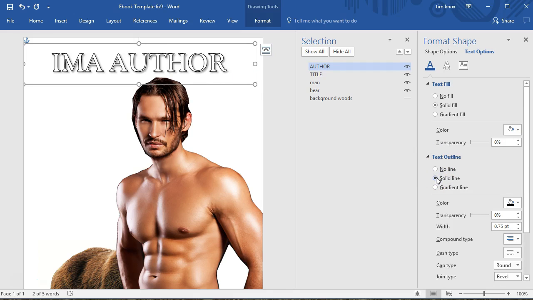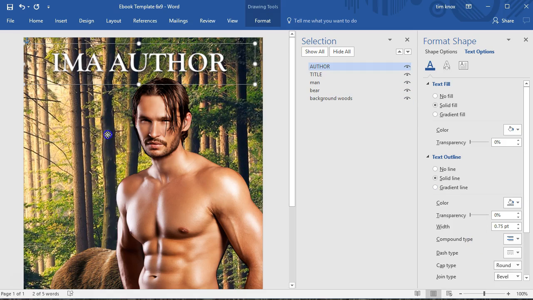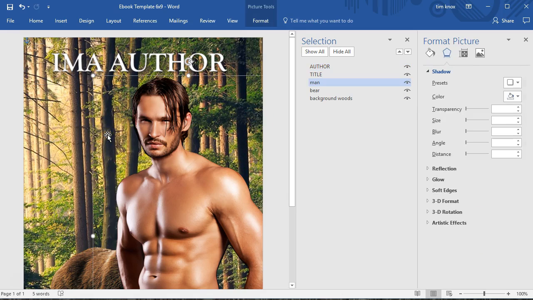And be careful how you use this because it can be a bit overwhelming, but if you really want it to stick out a little bit, you can give it an outline. Maybe you make it like a light gray. And so then when we turn our woods back on, you can see it pops just a little more. So what you need to do is really spend some time playing with these settings until you find something that you like, or you see something that other authors are using with great success,